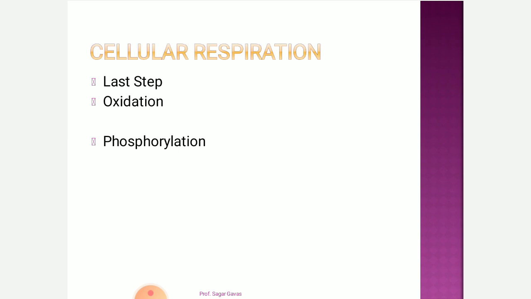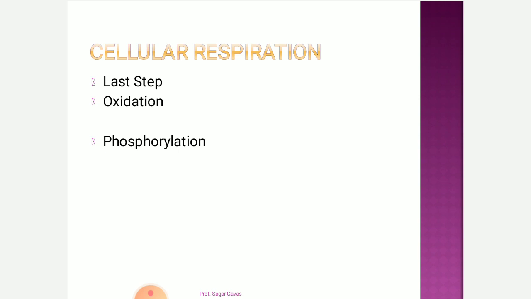Now in the last step, the oxygen ultimately reaches the tissue. The exchange of gases will occur at the tissue level. In that case, the oxygen will be provided to the tissue where it is utilized. There will be oxidation of food. For example, glucose gets oxidized in the last step to release energy in the form of ATP. Around 38 ATP will be formed during the last step of cellular respiration.